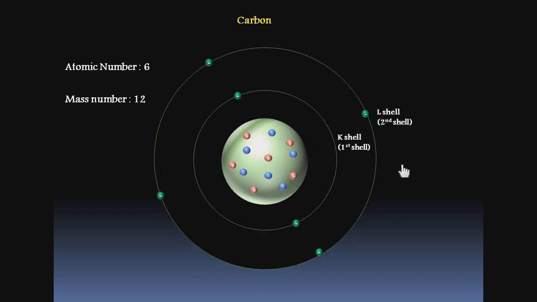So the valence shell is L shell, because that is the outermost shell. So number of electrons in the valence shell, that is L shell, is 4. 4 is greater than or equal to 4. So we should use the second formula, that is valency is equal to 8 minus number of valence electrons. So valency is equal to 8 minus 4. 8 minus 4 is also 4 itself. That is why valency of carbon is 4.